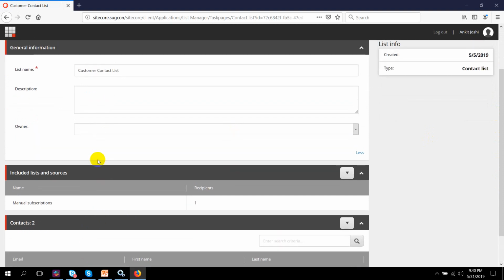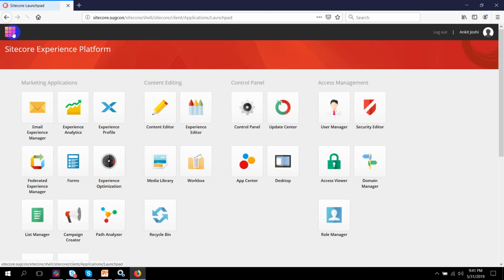The reason we have the list manager in place is that it can work together with EXM, and we can have campaign emails running for the satisfied customer. And if we see that the customers, the known contacts we currently have, are not showing any activity, based on the customer segment we can run some campaigns,